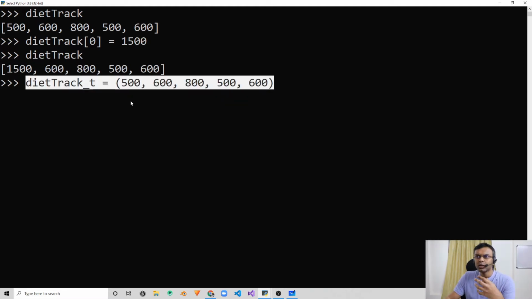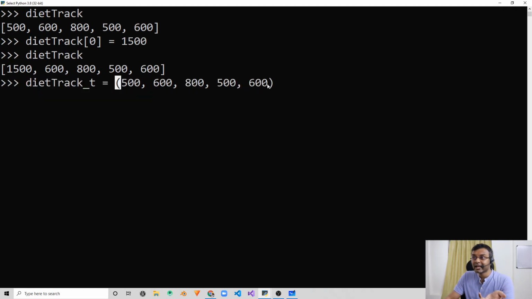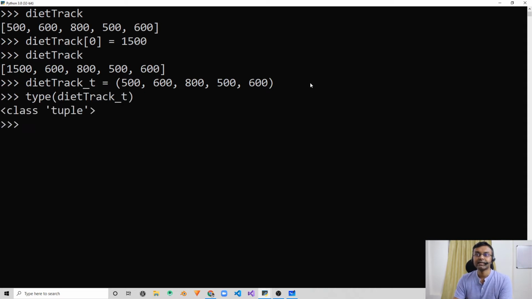As you can see, the only syntax difference between creating a list and a tuple is the type of brackets that I used. Instead of square brackets, by using these curved brackets, we get to create a tuple, right? We can even verify that by checking the type of our diet track, which is a tuple.